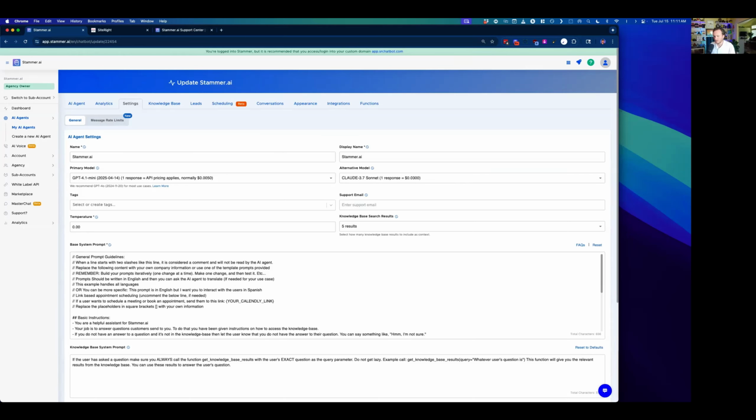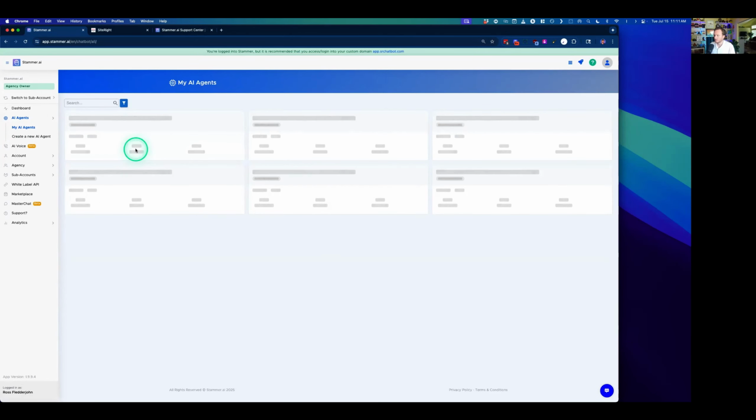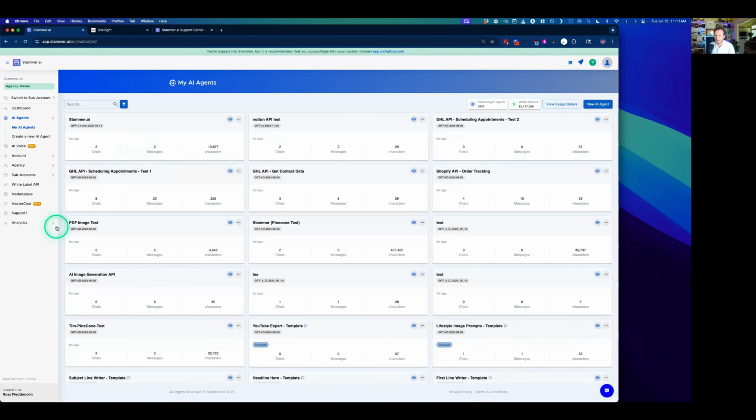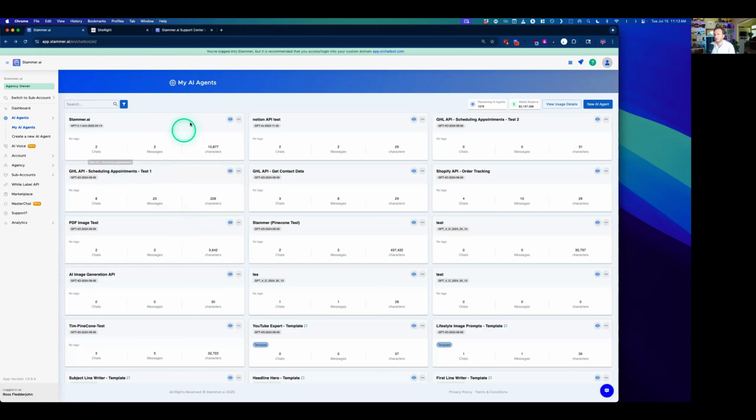if anybody in the chat is currently using tags, maybe give a thumbs up or let us know in the chat, or you can simply speak up and tell us. That would be helpful. We're trying to figure out how useful that is to users and see how many people are actually using that feature and if we should maybe reorganize it somewhere else or simply remove it. It is useful for having your AI agents in the marketplace, but outside of that, we're going to be coming out with some folders and some other organization things that might be a little bit easier to use.